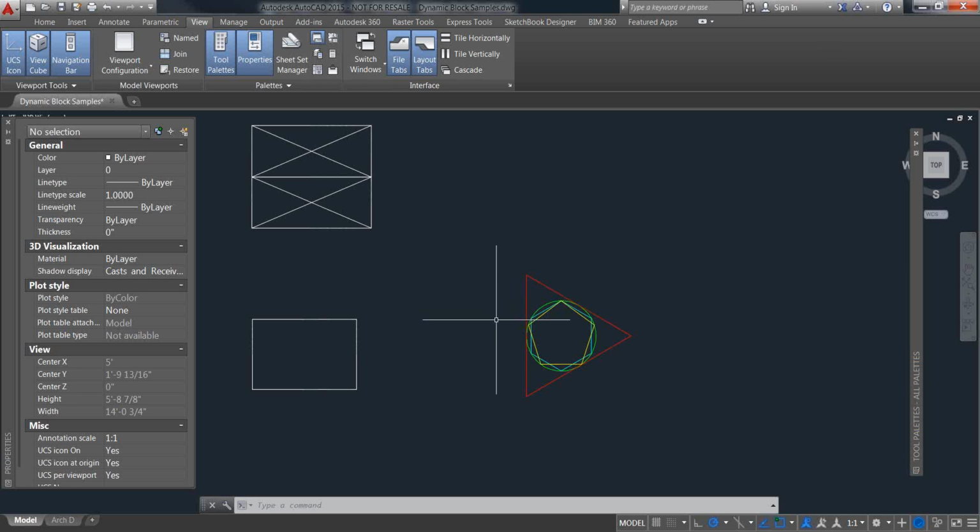Jay asks, when I type TP, I get the Civil rather than the AutoCAD tool palettes. How do I get to the AutoCAD tool palettes? I assume you're probably in Civil 3D. I don't know that Civil 3D has the same AutoCAD tool palette built into it. I don't personally work with Civil 3D, so